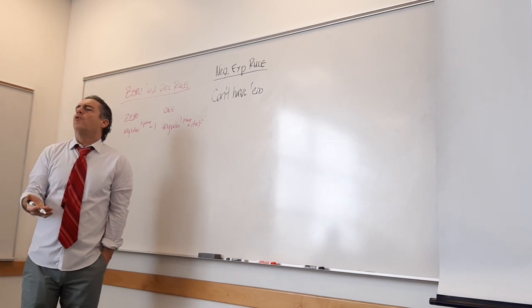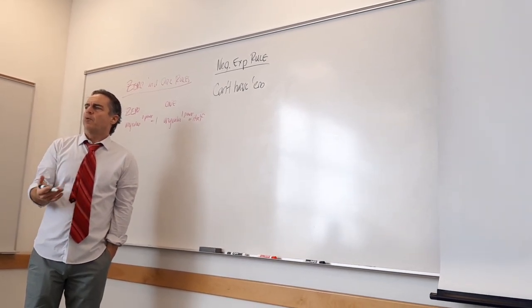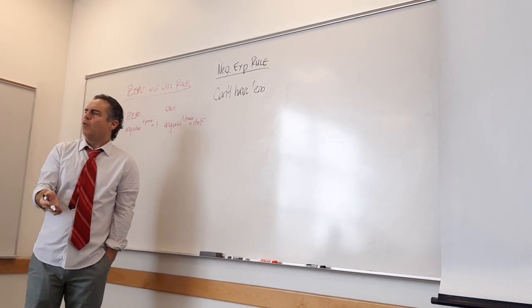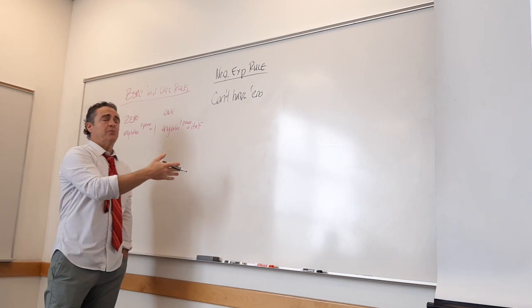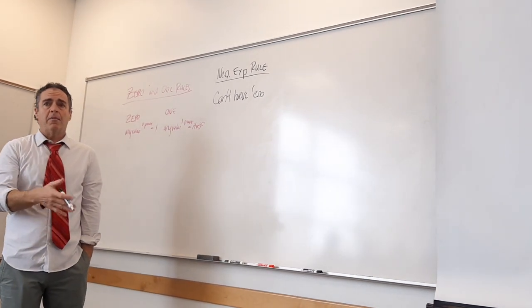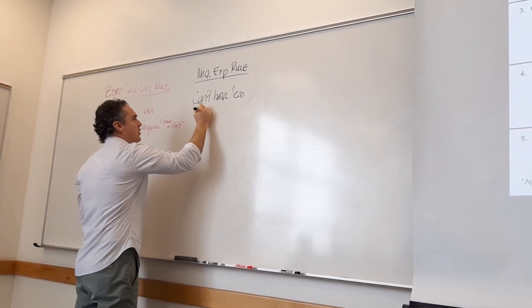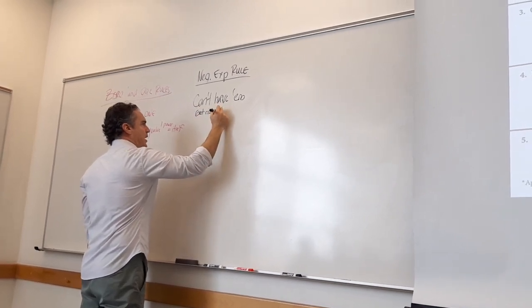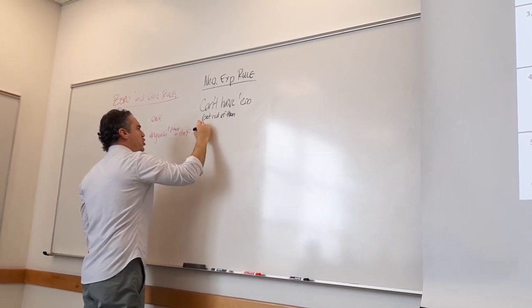We don't like 2/4 as an answer. We always reduce it to what? 1/2. We don't like unreduced fractions in math, and we don't like negative exponents either. We're going to change them up. So how do we get rid of them? Okay, so can't have them. Get rid of them. And how are we going to get rid of them? You're going to move